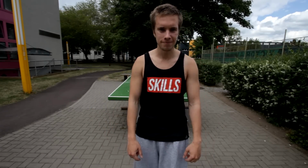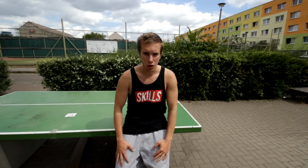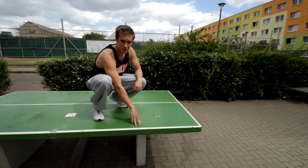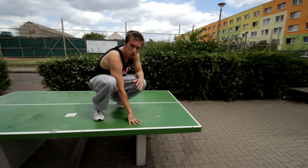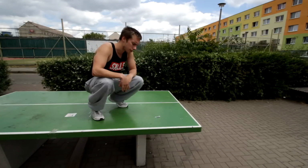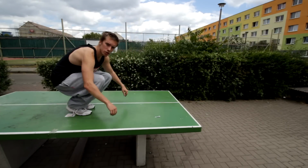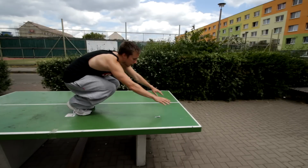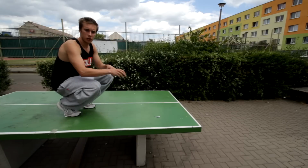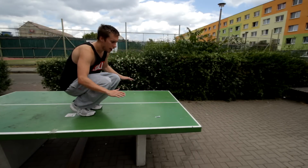of the King Kong. So as I mentioned before, the King Kong is a variation of the monkey vault. And therefore, we need to start with the monkey itself. So the first exercise that I would recommend is to find a ping pong table, or any kind of other long obstacle, whatever you want. And then we'll proceed with the first exercise. We will go to the squat position at a distance, I don't know, how long is it? Is it a meter and a half? So we will go to the squat position here, and then our task is to do the monkey